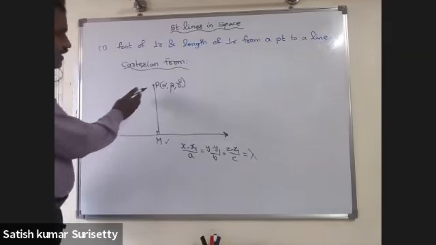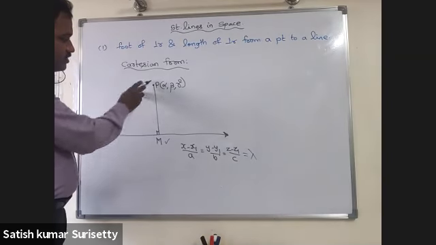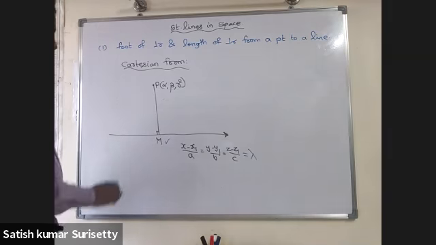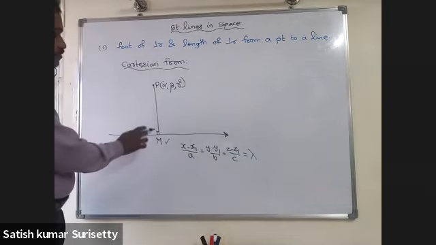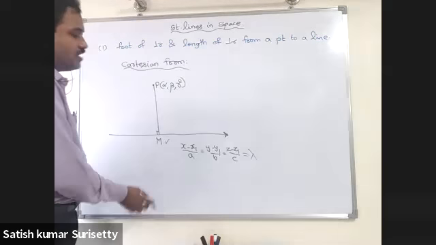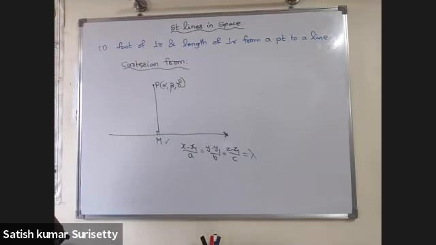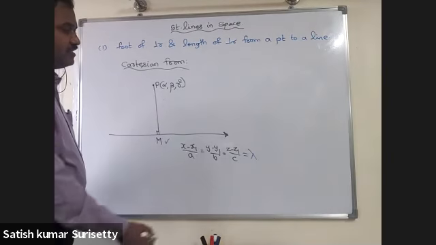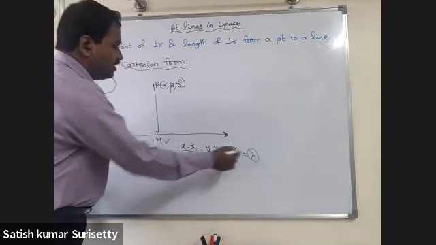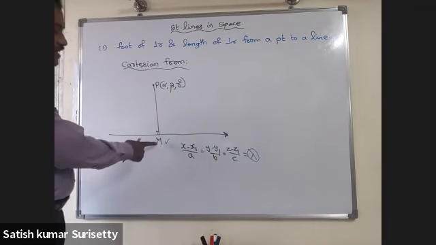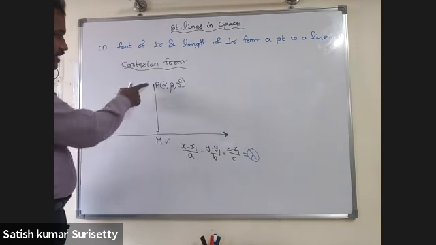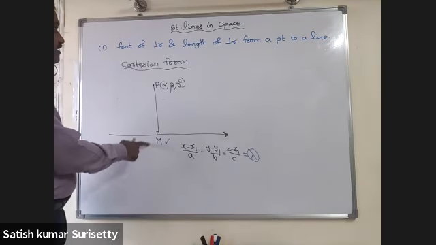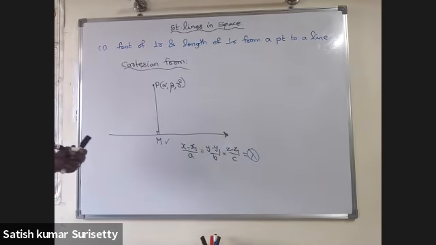After that, we can calculate direction ratios of PM, and direction ratios of the line are A, B, C. Now PM is perpendicular to the line, so the sum of the products of direction ratios is equal to 0. Then you can find the value of lambda. Once you get the value of lambda, we can find the coordinates of M, which is the foot of the perpendicular, as well as calculate the distance between the 2 points. That becomes the length of the perpendicular from a point to a line.